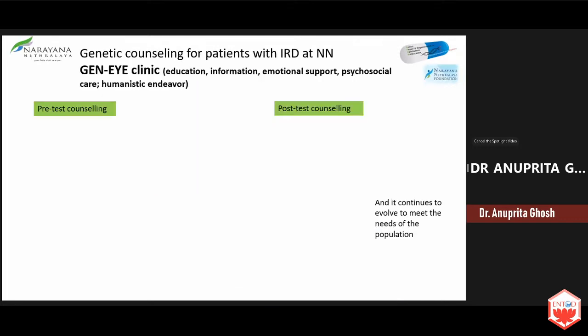So the GenI clinic is not just going to any other clinic. I have mentioned here the elements of the GenI clinic or genetic counseling in the bracket, which are education, information,